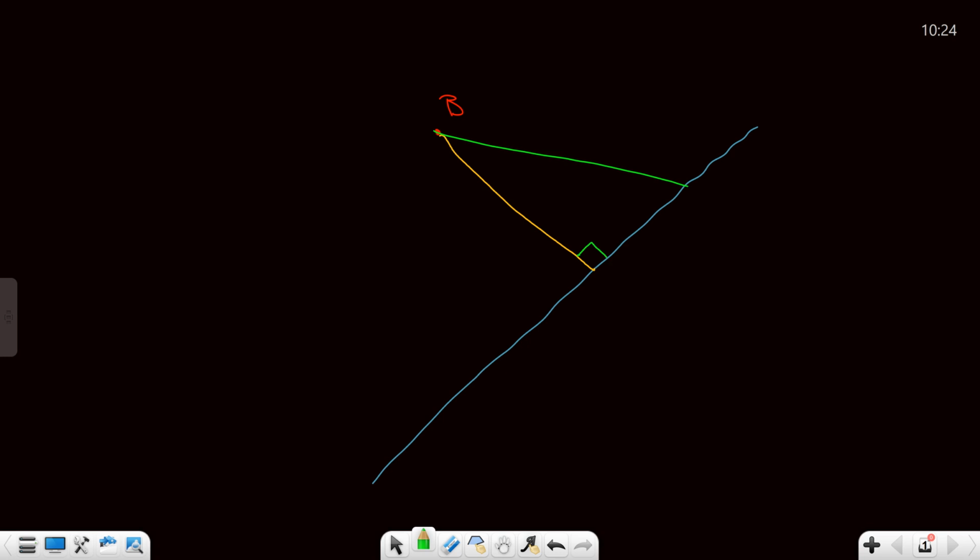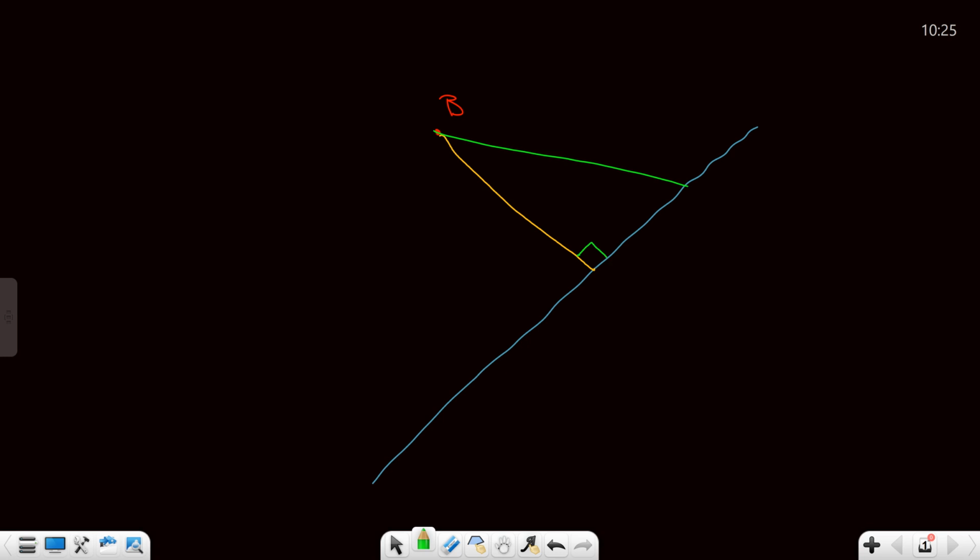Lucy? Because if it was perpendicular, then it would be the hypotenuse. Does that make sense to everybody? No? Okay. Explain. If it's a right triangle, because it's perpendicular, the hypotenuse is along the side of the right triangle, and that's what the green line is. Perfect. Now everybody got it?